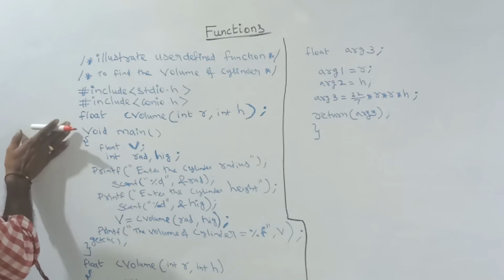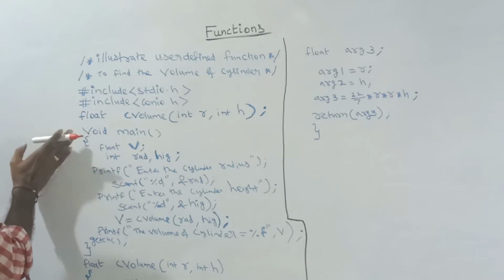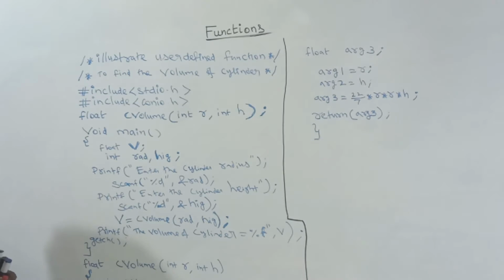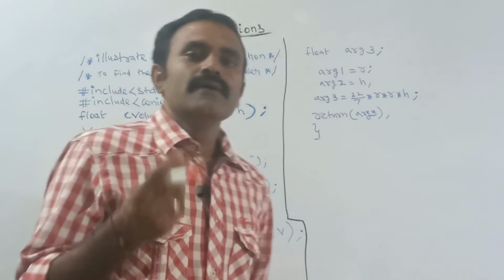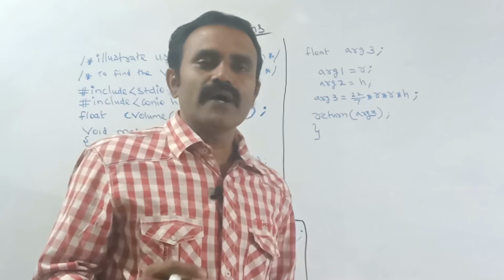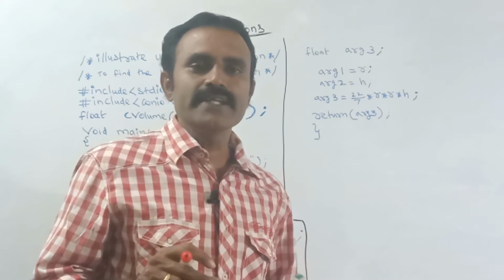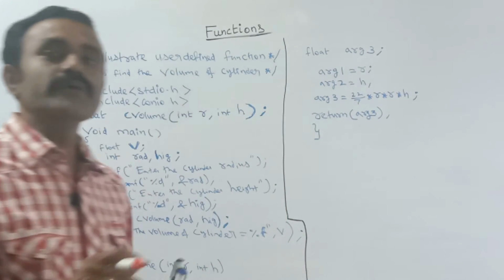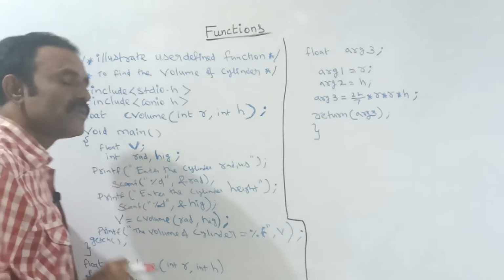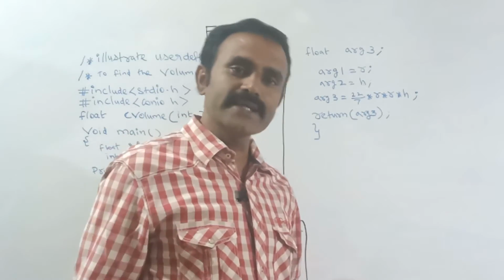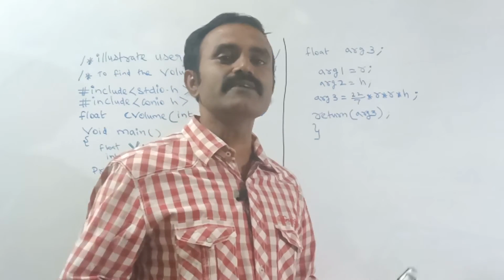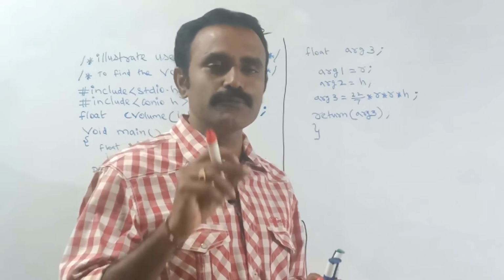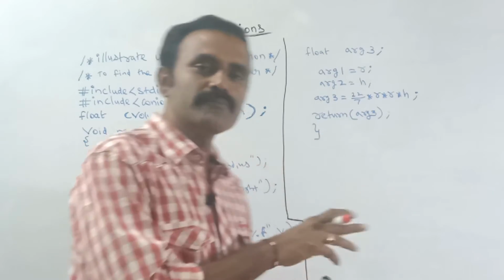Now this is the main part. Whenever we run a program, even if it has hundreds of user defined functions, the controller will go to the main part only at the very first time. From the main function it will go on to the other functions, whether built-in or user defined, whatever they may be. Very first, after running the program, it goes to the main part only.